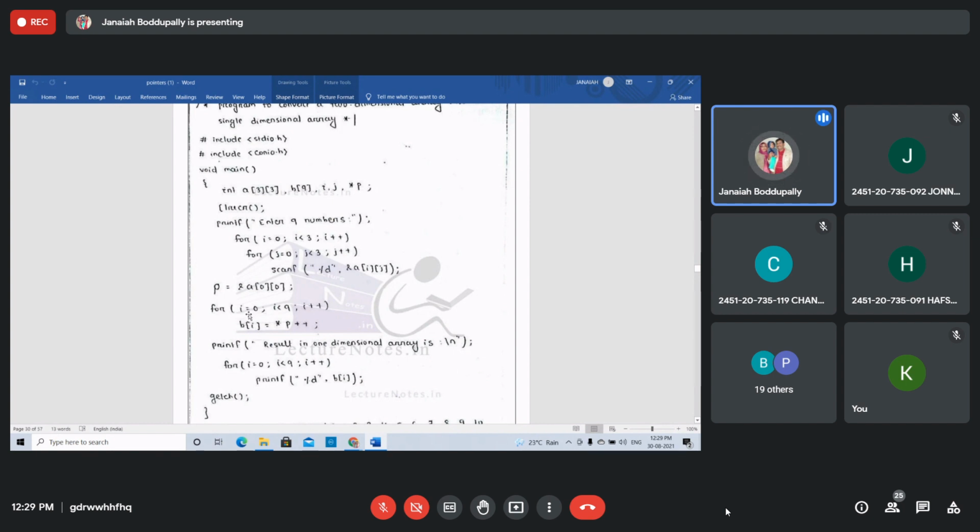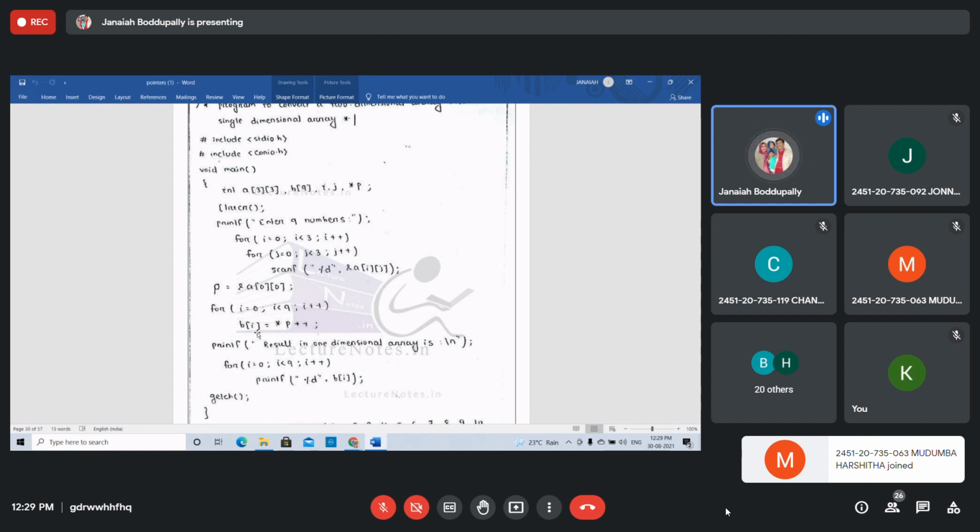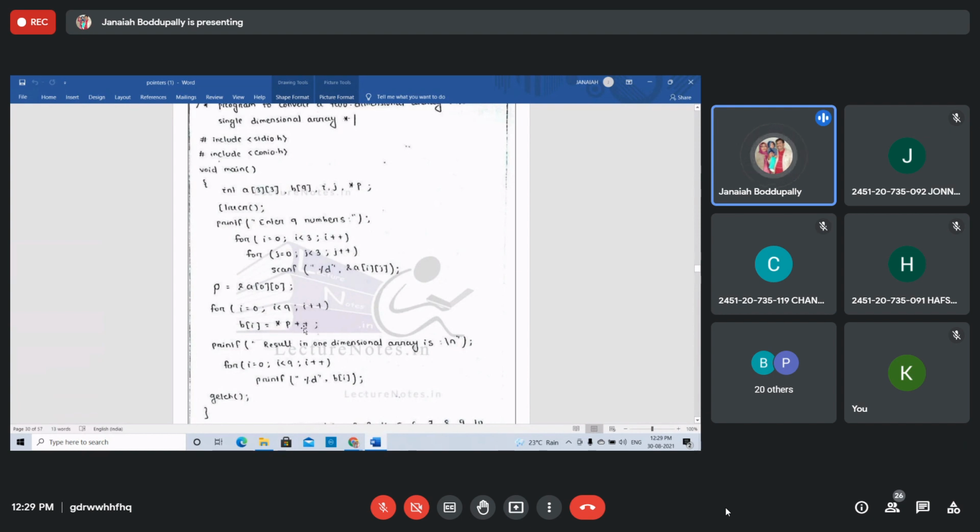Next I am converting the two-dimensional array into one-dimensional. See, for i = 0, i < 9, i++, B[i] = *P++. See, this is very important. B[i] is the one-dimensional array. You are storing the 9 elements of the two-dimensional array A of 3x3 into B. *P is the value. First, forget about the plus plus, *P is the value at the first address location of the array A, that is the A[0][0] address, but star is the value at that A[0][0].